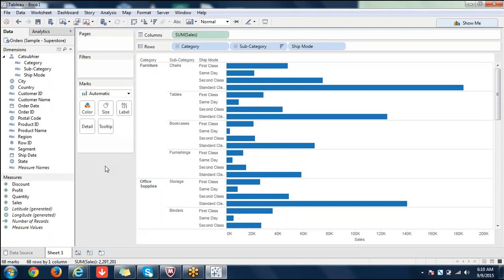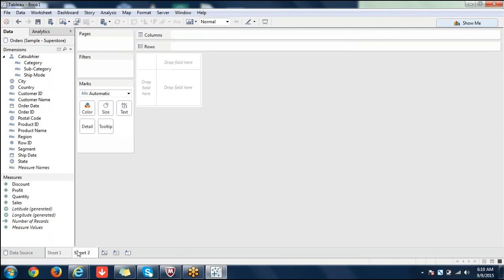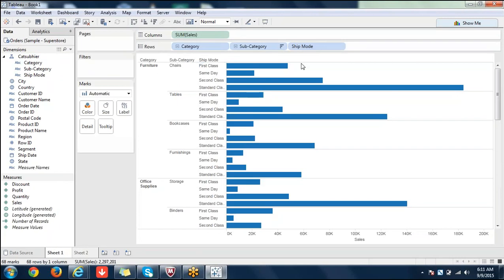By default for date, you'll see it. That means if there is a hierarchy already available in your database or already decided by Tableau, you can use that hierarchy by default. Whenever a hierarchy is created, you'll see an icon like this. Here we don't have such a hierarchy, and I am removing ship mode from that.